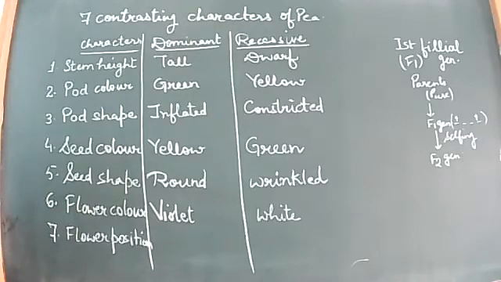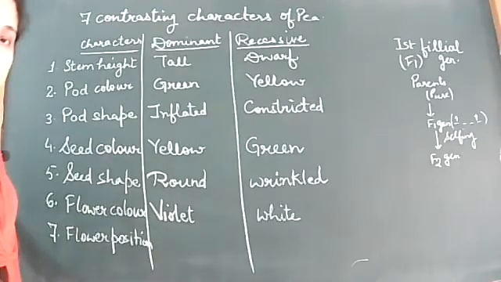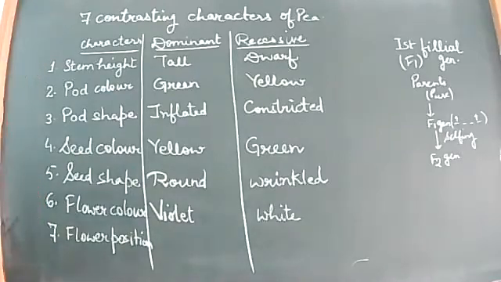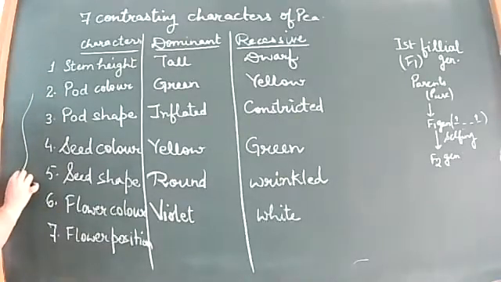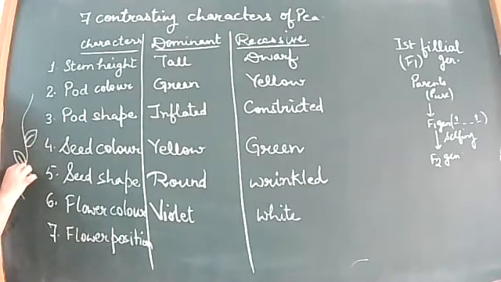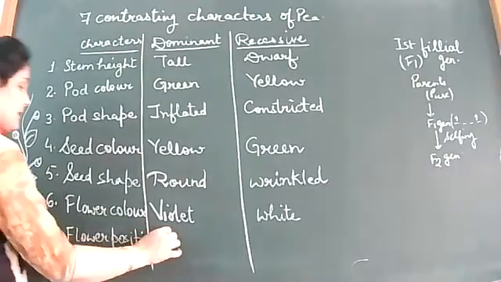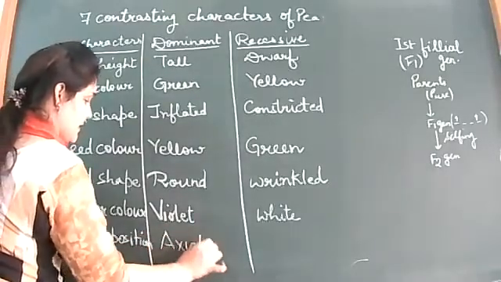The seventh feature is flower position. There are two positions of the flower. What are the two positions? Let's say this is a plant, and in the axils of all the leaves there are several leaves like this, and within the axils of all the leaves there bears a flower. We call it axial arrangement. Axial arrangement means within the axils of a leaf, with every leaf there is a flower. That is more dominating, and that is axial arrangement.